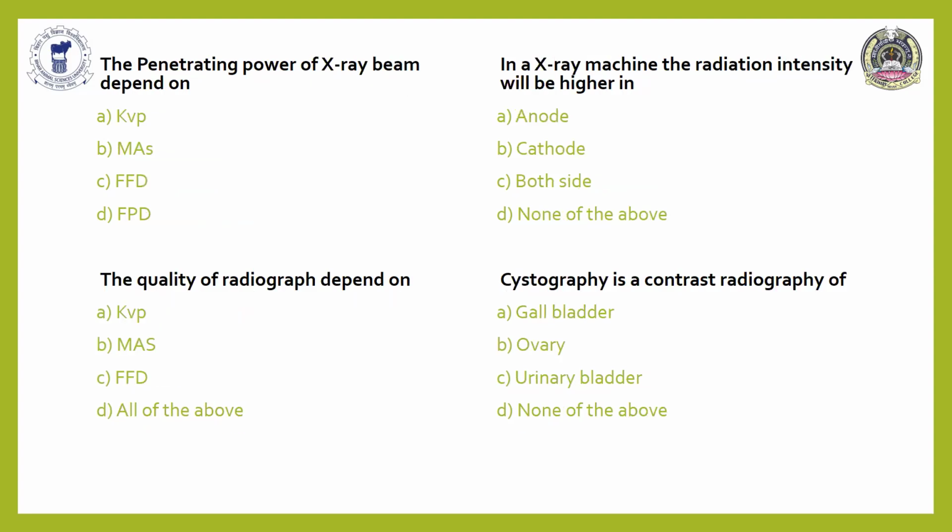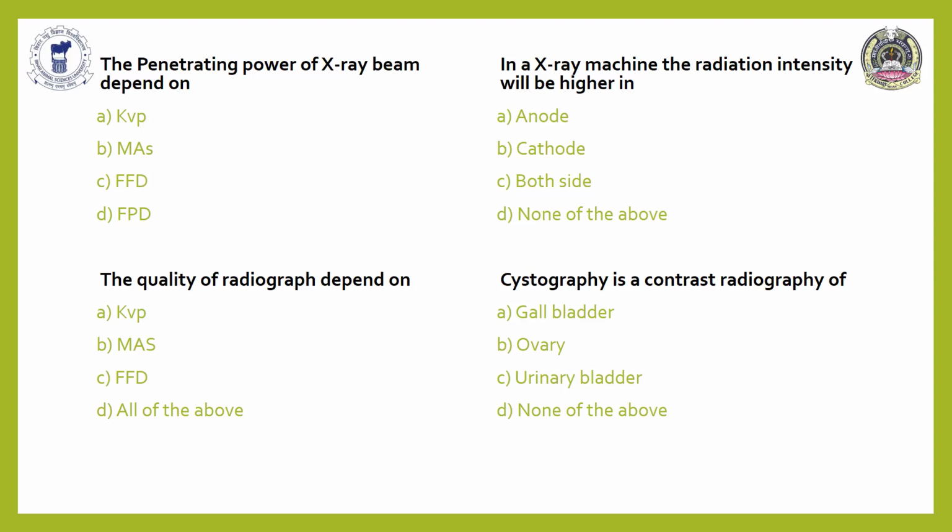The penetration power of the X-ray beam depends upon KVP, kilovolt peak. Higher the KVP, higher the penetration power. Quality of radiograph depends upon? All of the above. In an X-ray machine, the radiation intensity is higher in